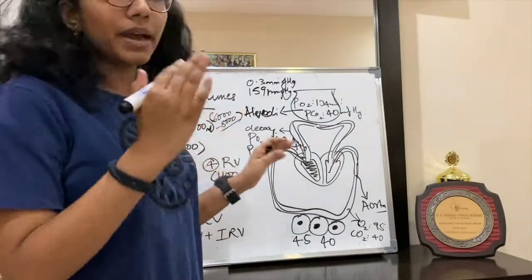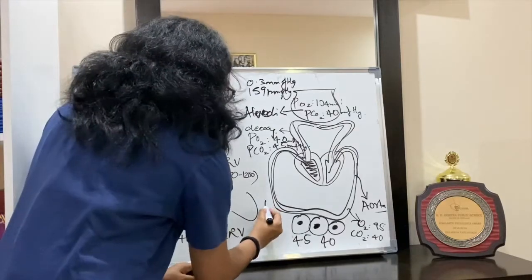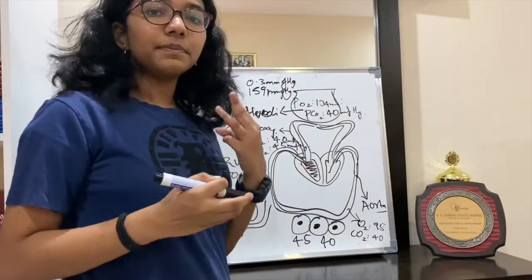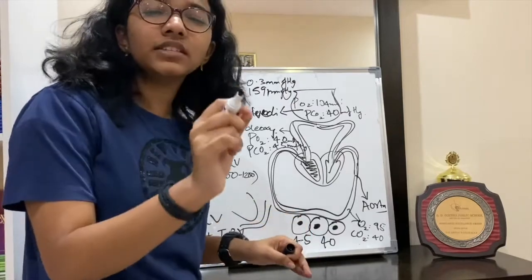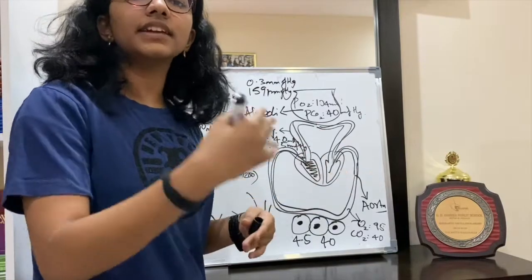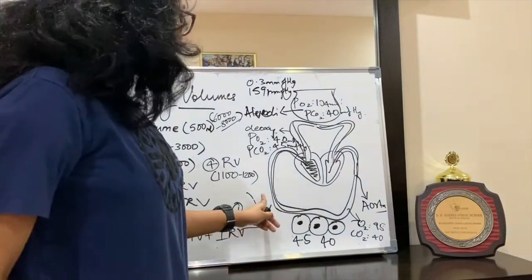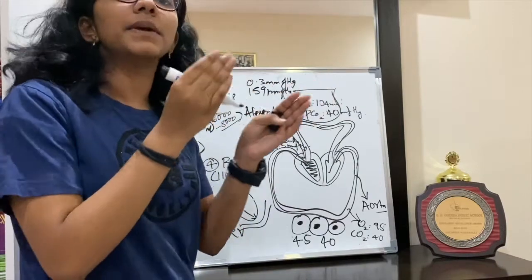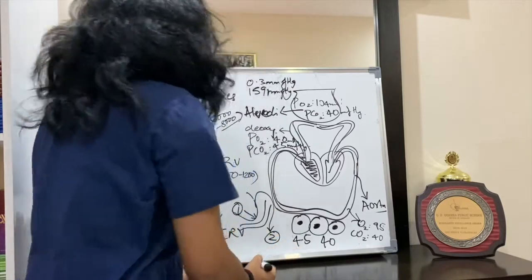Now let us draw the membrane which is present here, meaning in the alveoli. Suppose this is the alveoli and this is the blood capillary. So now the gases have to face three layers in order to get diffused. So the alveoli has a very thin squamous epithelium. The squamous epithelium is specifically very thin in order to facilitate diffusion. So the first layer will be the squamous epithelium of the alveoli. And now between the surface of the alveoli and the surface of the capillary there is a basement substance. Okay, the basement substance. That is the second layer gases have to go through.